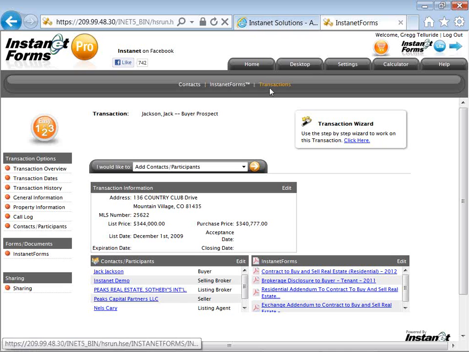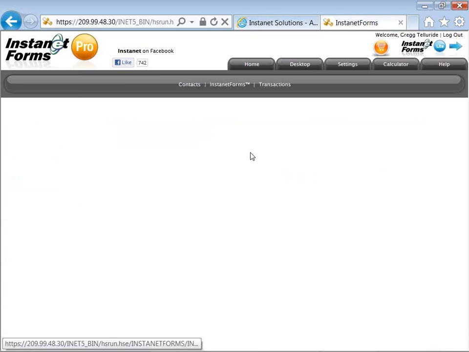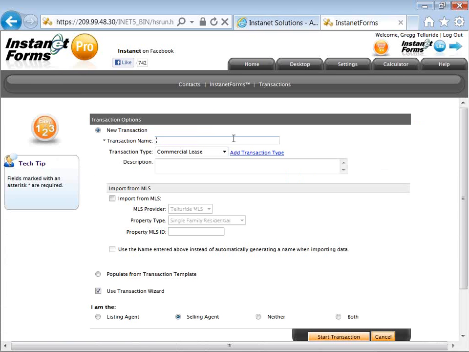Go back to transactions. Those are the elements, so let's just pop through and create a new one. I would like to create a new transaction, clicking on the go arrow. We're going to do a buyer. We've done one buyer, one seller, so we're going to do a buyer, and then we'll do another seller and another session. So this buyer is going to be,